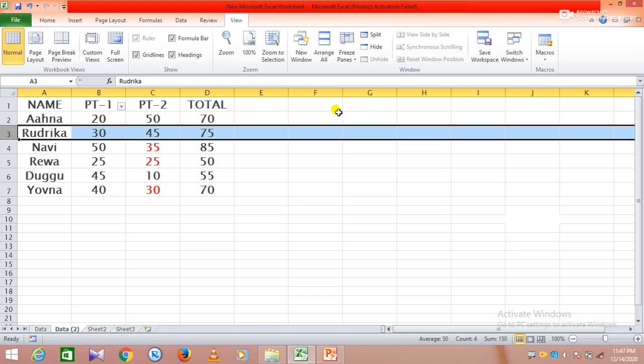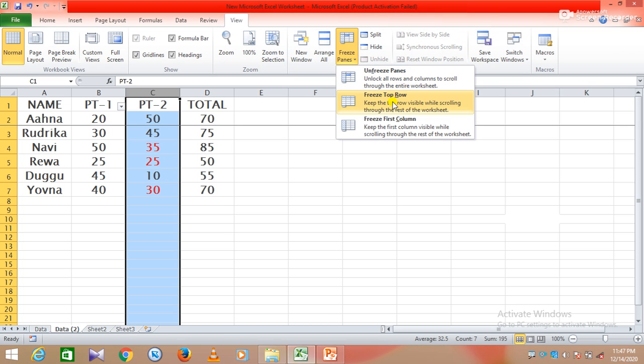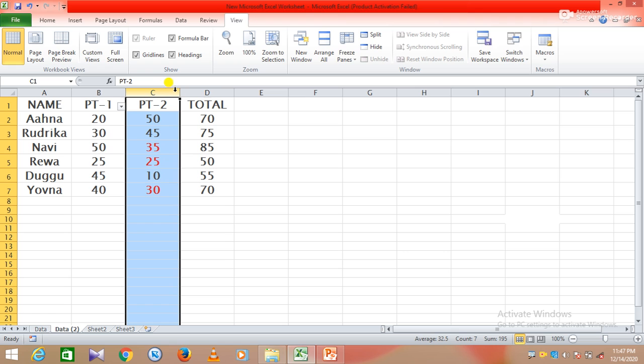And to lock a column, first of all select the column, and again in the View tab, Window group, Freeze Panes, first of all unfreeze, then again select Freeze Panes.